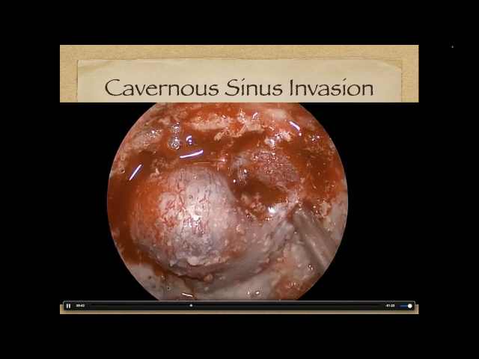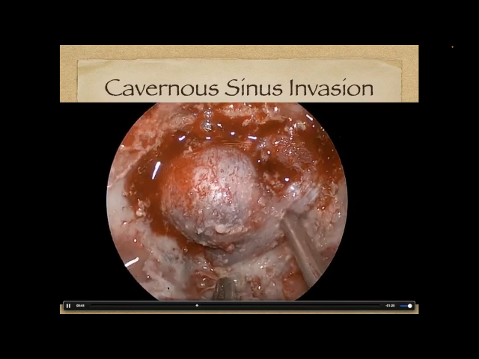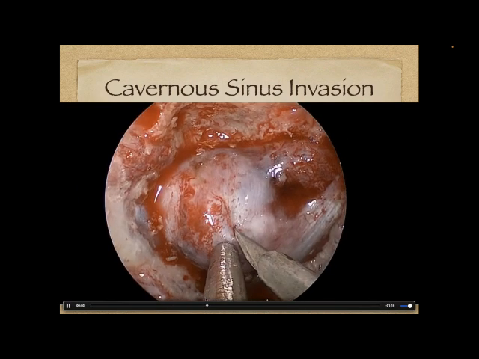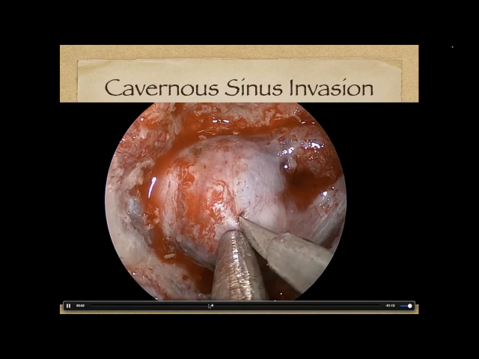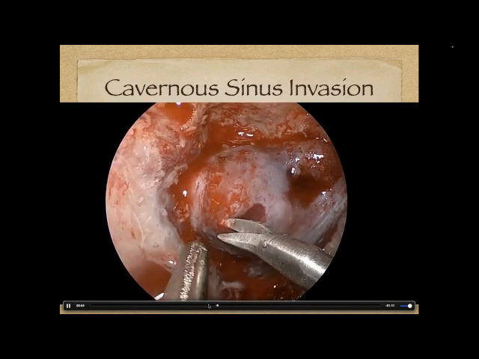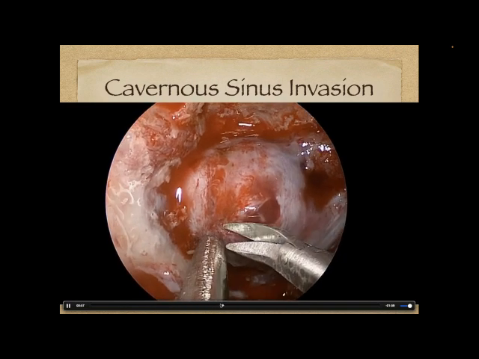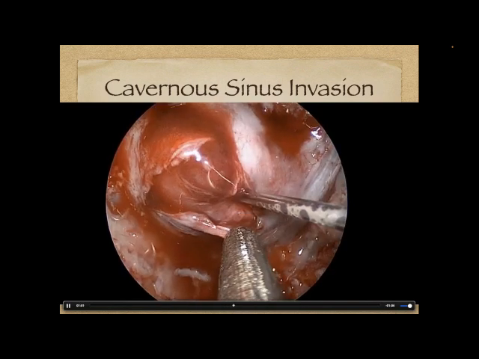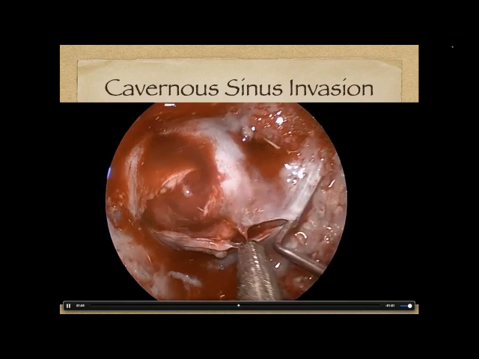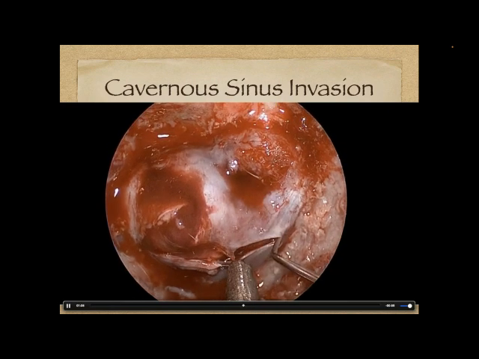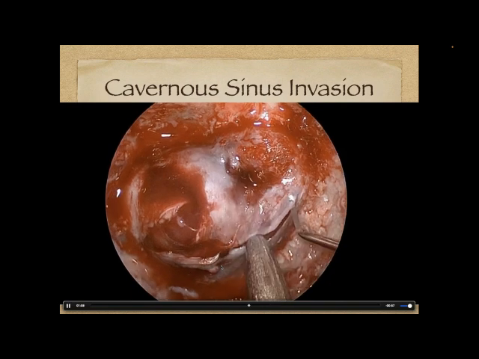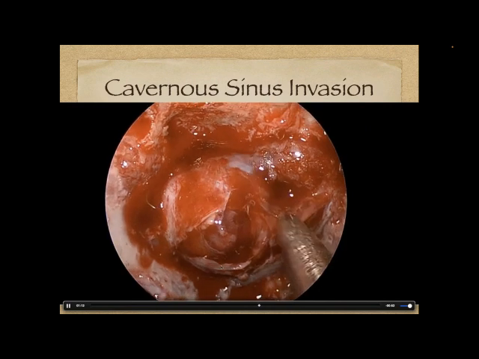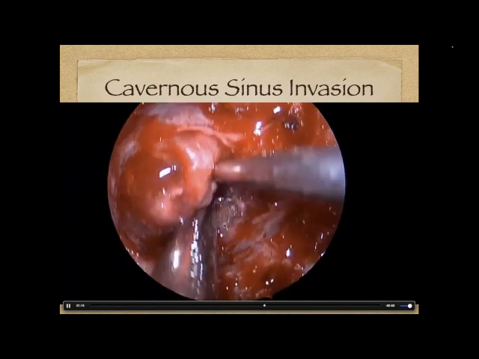Here we're using a special Doppler, which is using ultrasound to really confirm the pulse in the artery. So now we can open actually into the sella, the area of the sella that's been expanded or blown out by this tumor. And we start to see a typical pituitary tumor. And another nice advantage of the endoscope that really has been shown is our ability to really see the pituitary gland and preserve it. So here we're using a special hook knife, actually something we helped develop, that helps us open into that cavernous sinus area safely.